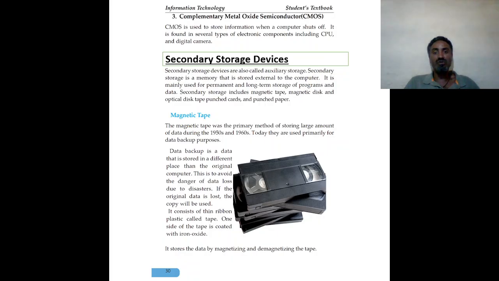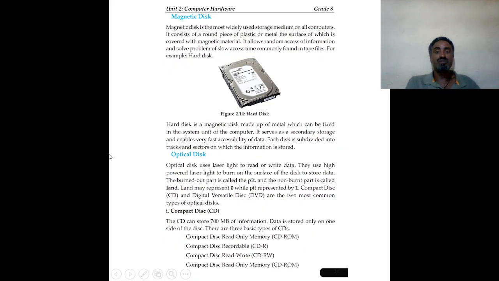When we save our files, they are stored under the secondary storage device. When we open Microsoft Word and create a letter or document, it is stored under temporary memory, which is the primary storage device, RAM. When you save it, it is transferred to the secondary storage device, which is the magnetic disk or hard disk.